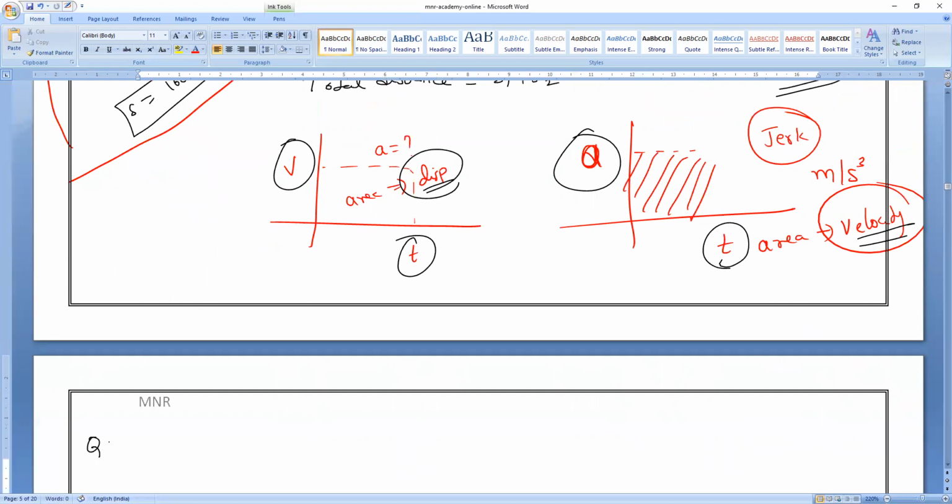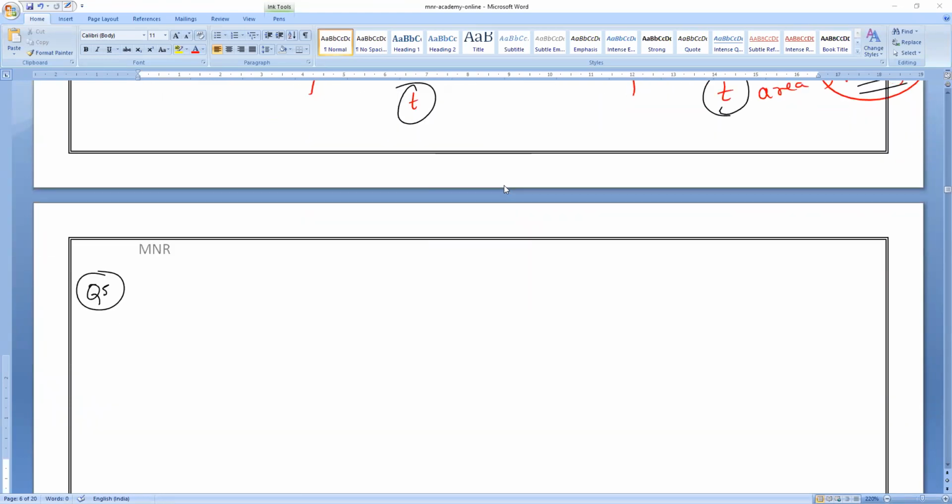Next, homework sum, question number 5. This everybody should solve, and then only tomorrow I'll discuss this. A motorcyclist drives from A to B. Is it interesting or not, numericals? If you love physics, definitely physics will be easy. If not, it will be very, very tough in higher classes also. A motorcyclist drives from A to B